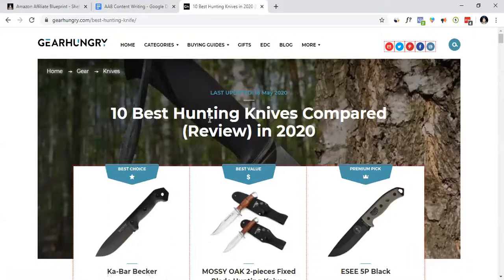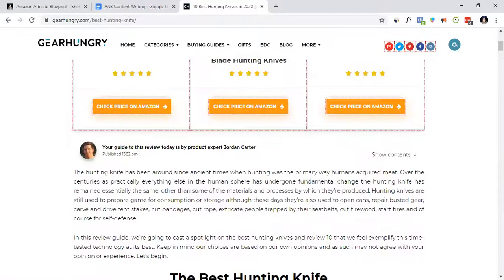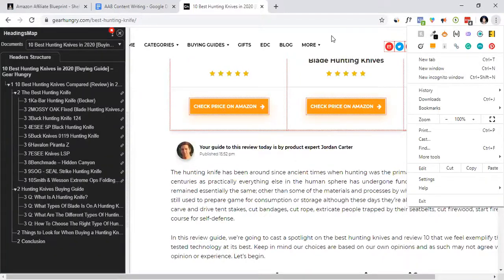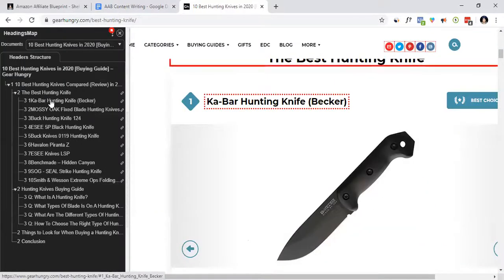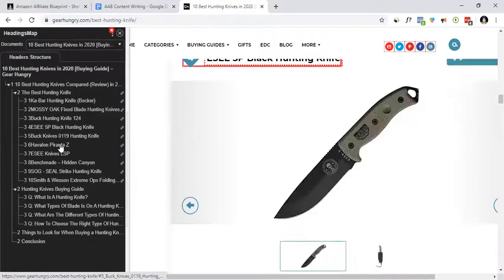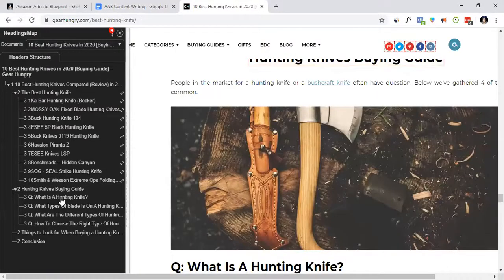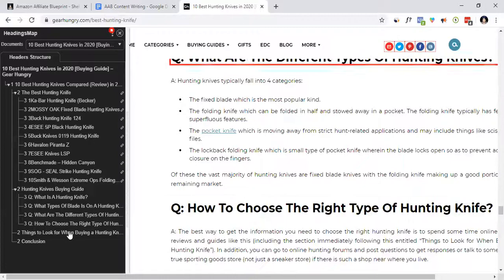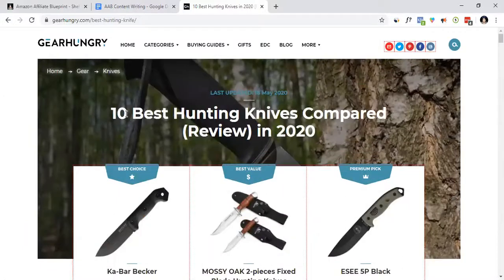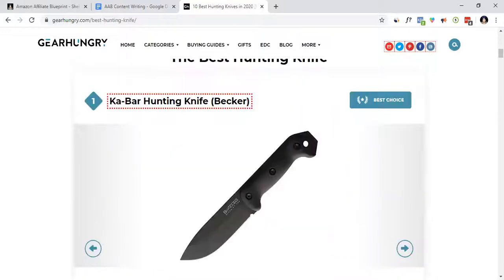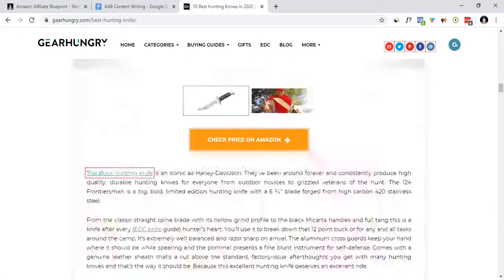First of all, your headline must be the H1 of the page. Okay, they blocked the right click over here. Just look at this. So the H1 is over here. This is their H2. Then these products are listed under the H3 tag. Then under H2 they have this guide, then H3 again, then H2, then H2. So this is how they structured their page. You have to maintain a heading hierarchy: H1, some subtopics under H2, then their subtopics under H3, and so on, right?